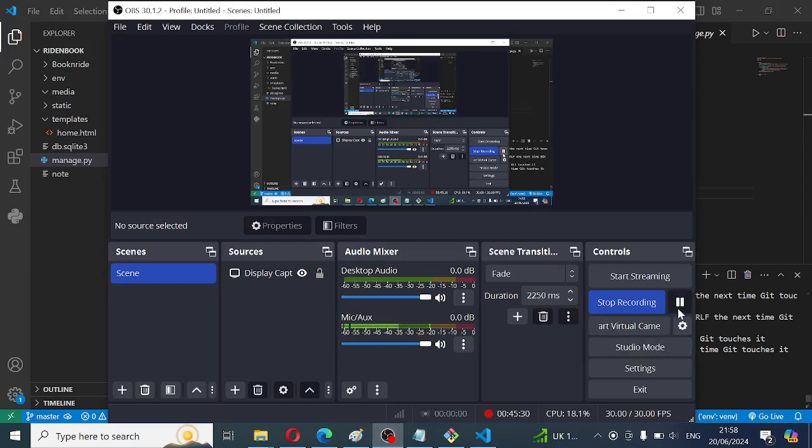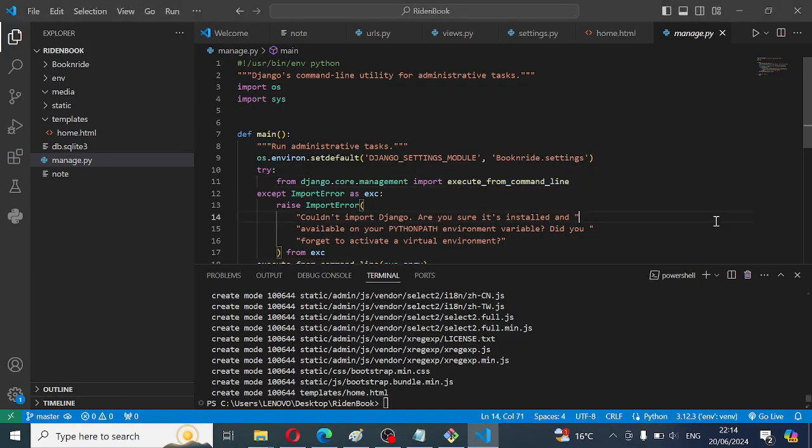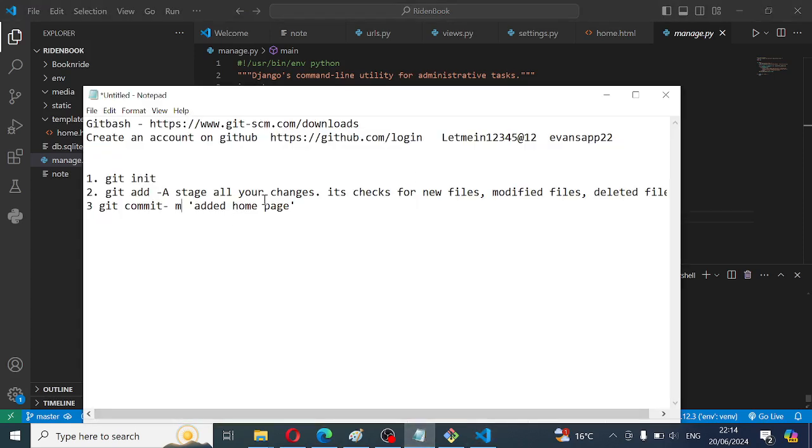It's working now. So git commit is gonna record the changes and make sure that you put a meaningful message in your commit. So whenever you want to commit, put a meaningful message to it. Now,